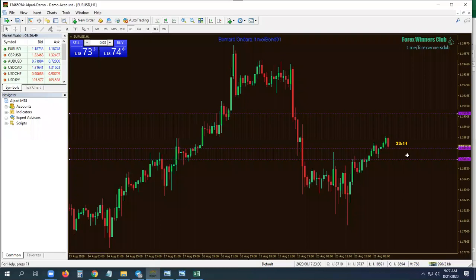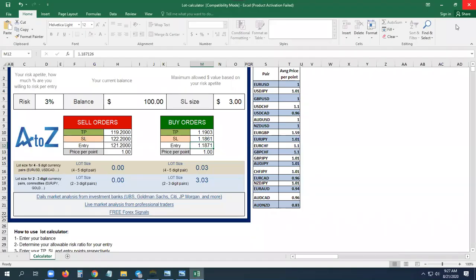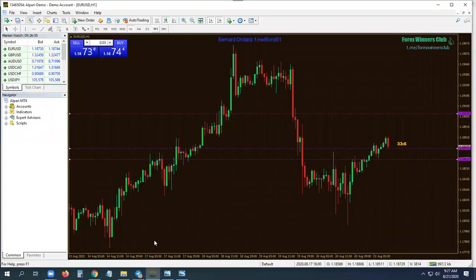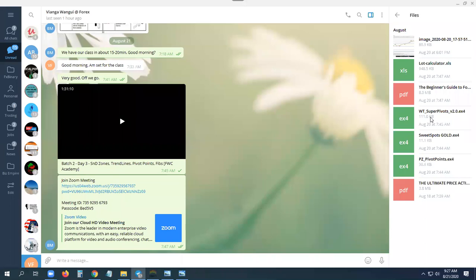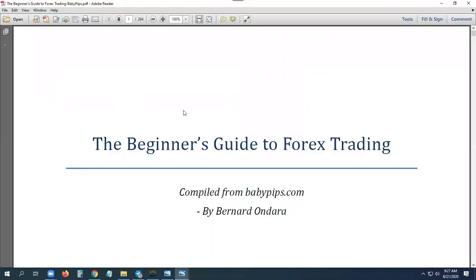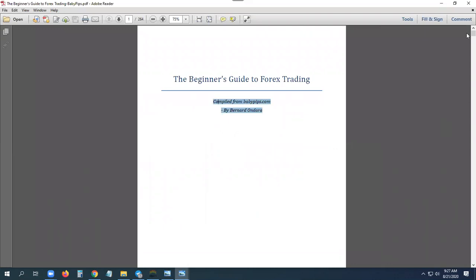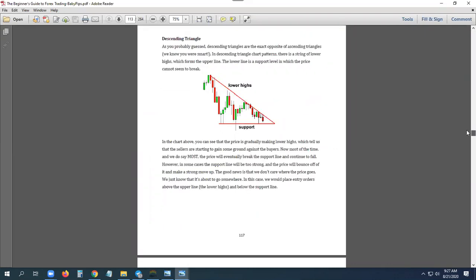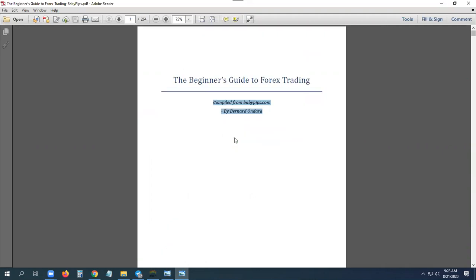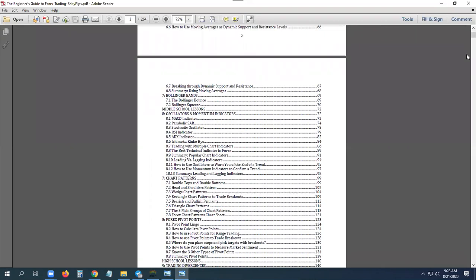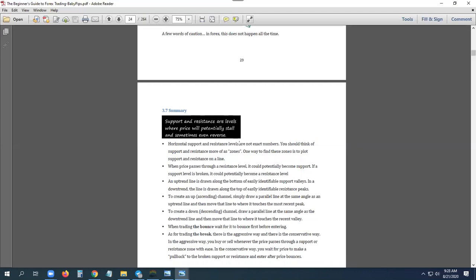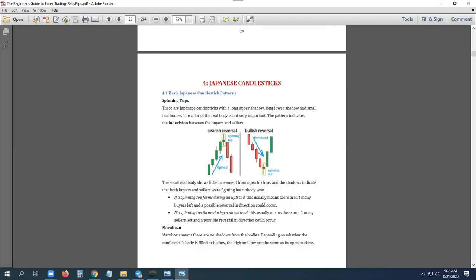So these tools are important. I'm sharing them with you, not because you asked, but because I want them to help you. I'll be identifying important things and sharing them with you so that you can also benefit. This book is very important. In your free time, you can read it. I compiled it personally when I started. I read this website myself, so I could read, copy paste, and I created my own PDF. So I'm sharing that with you.